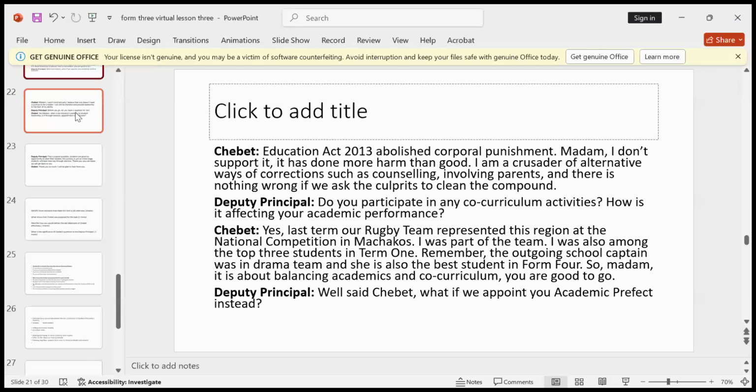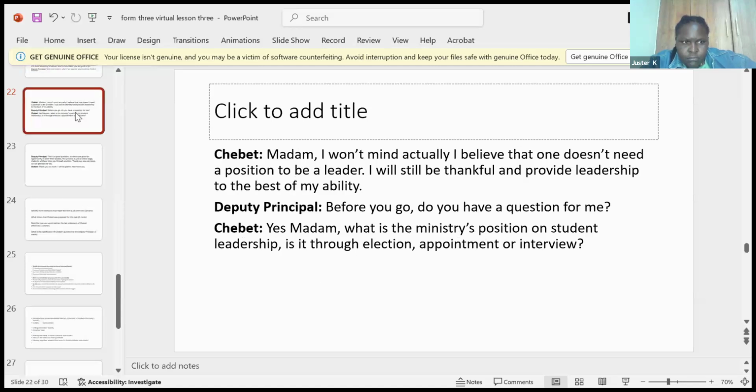Well said, Chebet. What if we appoint you academic prefect instead? Madam, I won't mind actually. I believe that one doesn't need a position to be a leader. I will still be thankful and provide leadership to the best of my ability. Before you go, do you have a question for me? Yes, madam. What is the ministry's position on student leadership? Is it through election, appointment, or